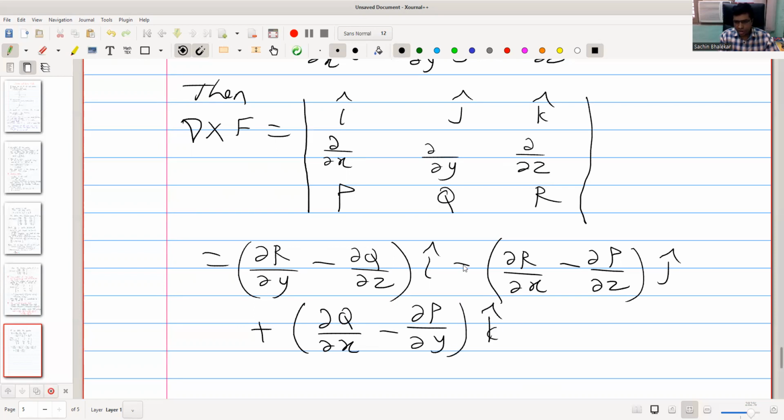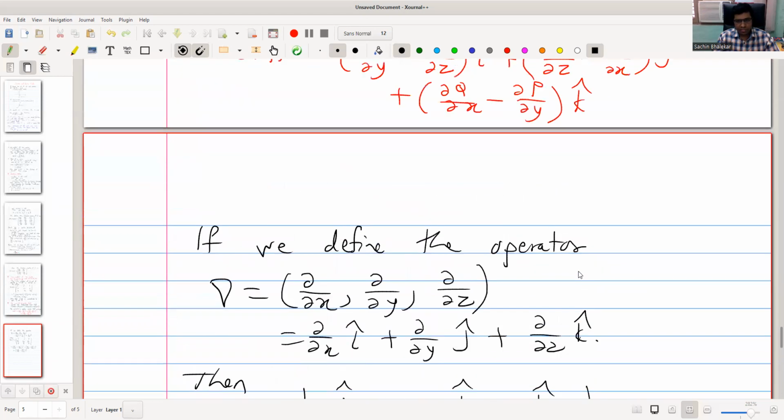Okay, we can absorb this minus sign inside the bracket and we get the same thing